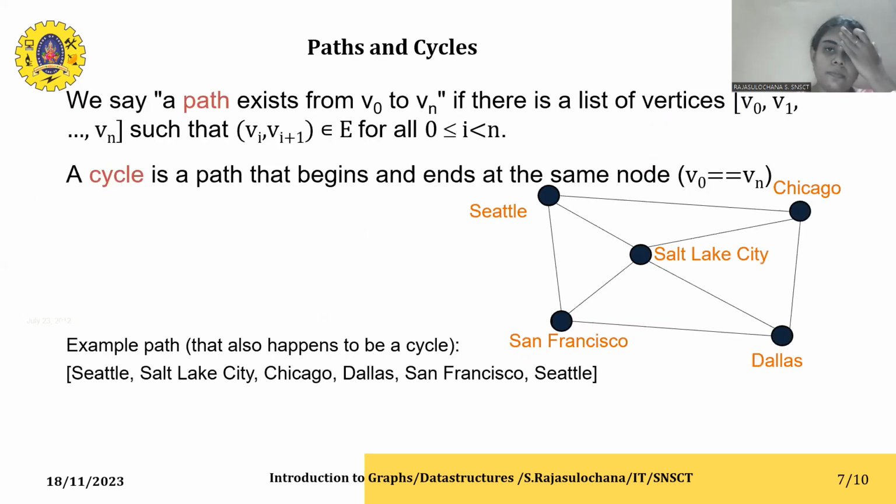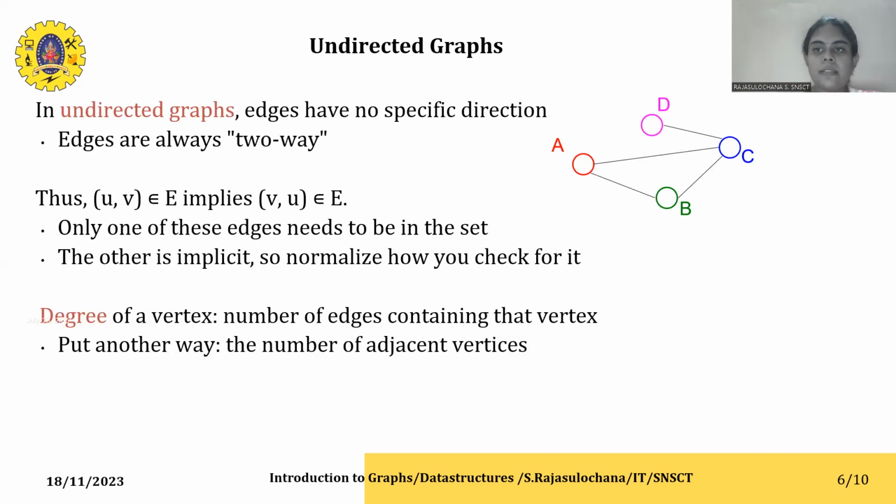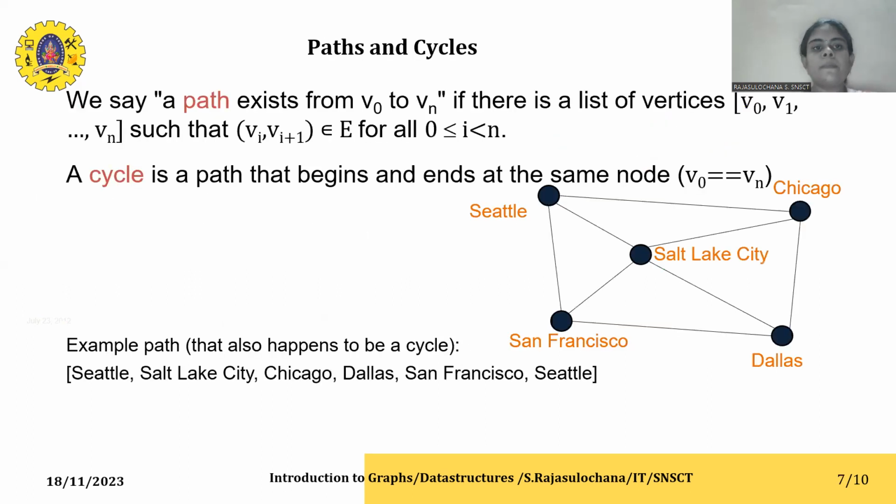So next we see what a path and what a cycle is. In the previous two examples, we were discussing what an edge is. An edge represents the direct connection between any two vertices, whereas a path is different. For example, if I want to check if there is a path from Seattle to Chicago, we can define it like if there are connected vertices in this path. So, is there a way I can reach